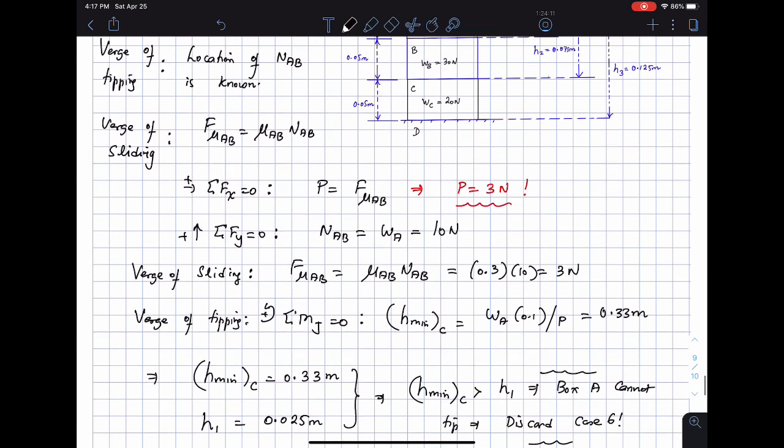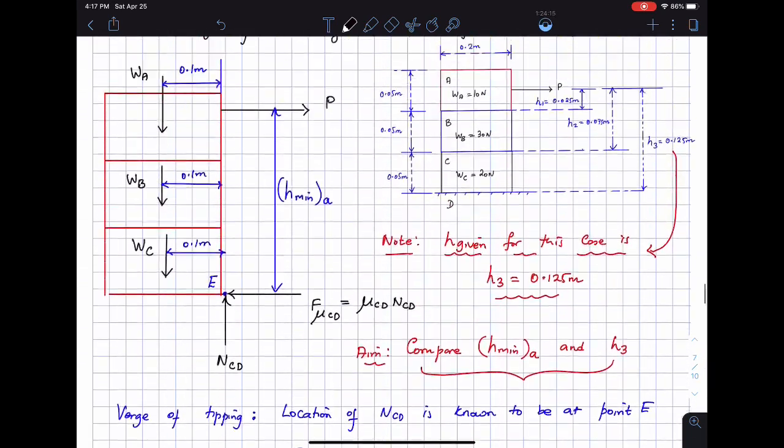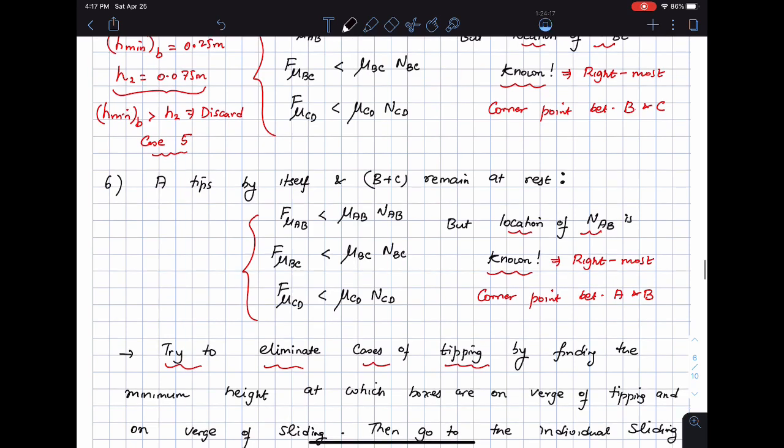I can go back to the problem and write this down as well: for case 6, H minimum is 0.33 meters and H1 was 0.025 meters, and so we can discard